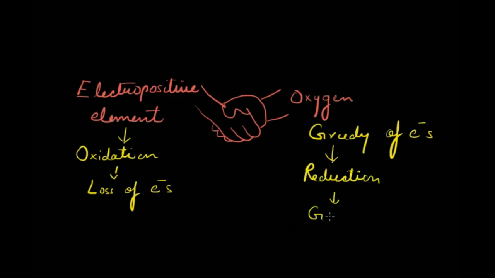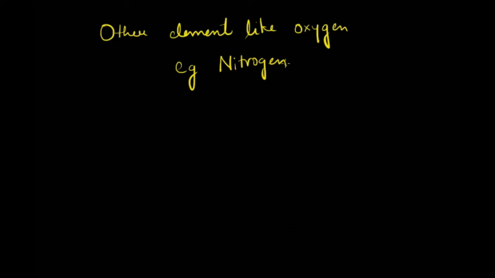Now the question is, are there other elements also greedy just like oxygen? The answer is yes. Elements like nitrogen, fluorine, etc. are greedy just like oxygen, so they can accept electrons from other electropositive elements. Therefore, whenever an electropositive element will bond with an electronegative element